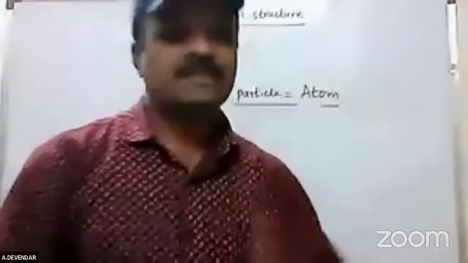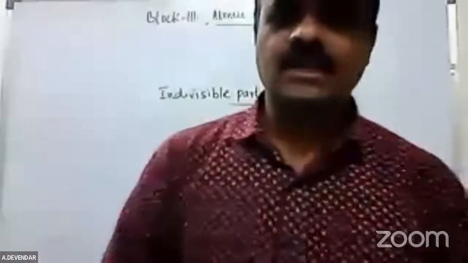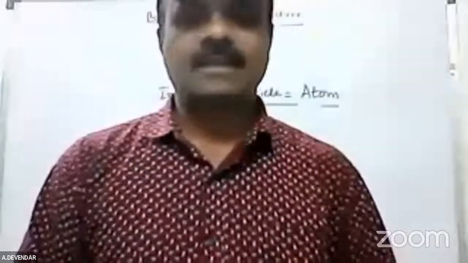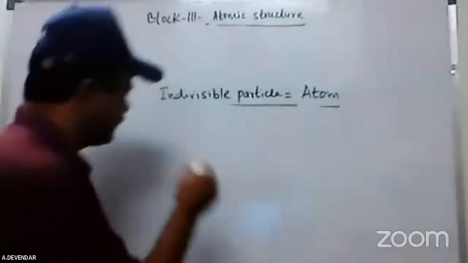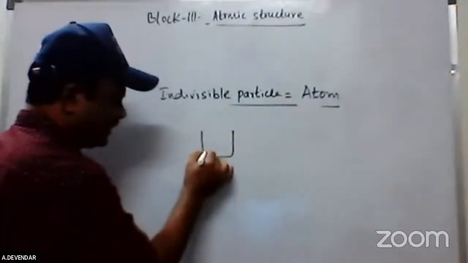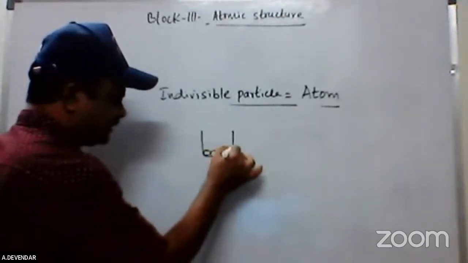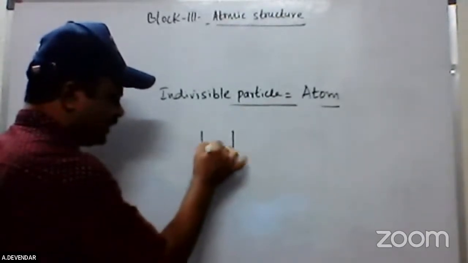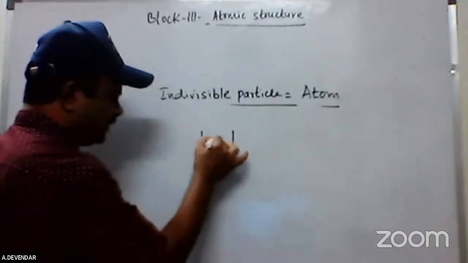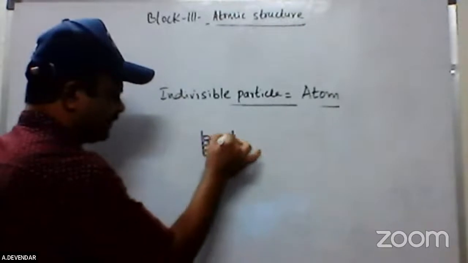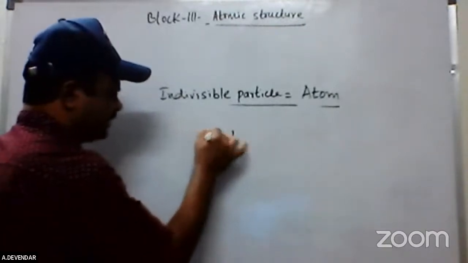So I will give an example of matter. Suppose you have marble stones, that means you are playing with marble stones. You are filling the marble stones in a vessel. This is a vessel, now filling it with the marble stones, you are filling like that. See friends, I am drawing these particular stones like this. The matter is nothing but it is only